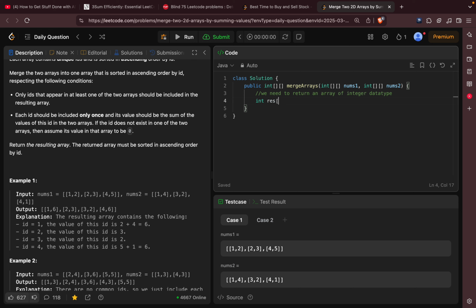So we can say that defining an array wouldn't help because this is dynamic. So let's take an array list of type integer. Resultant is equals to new